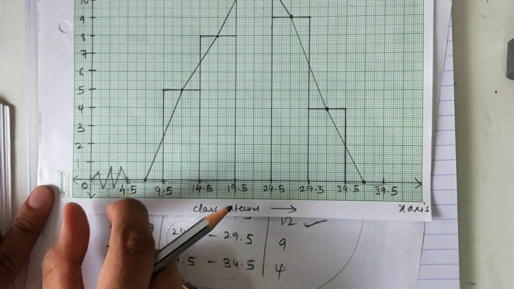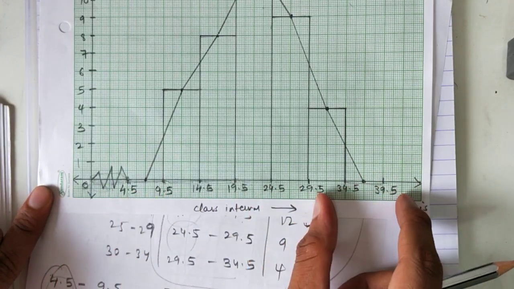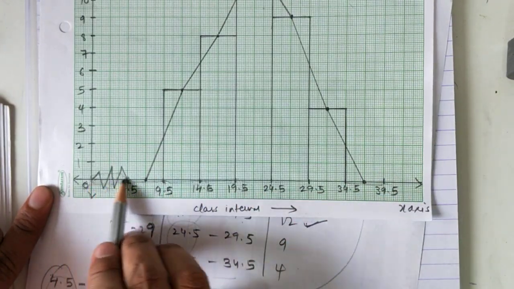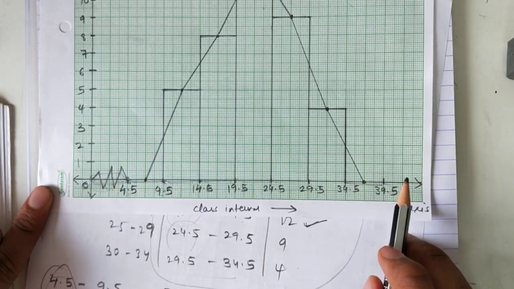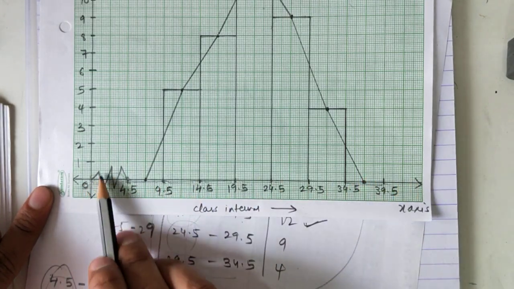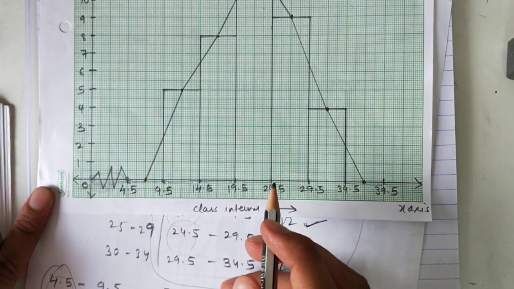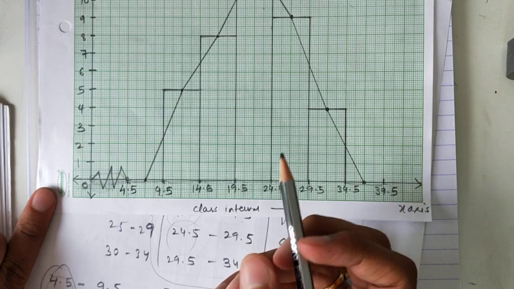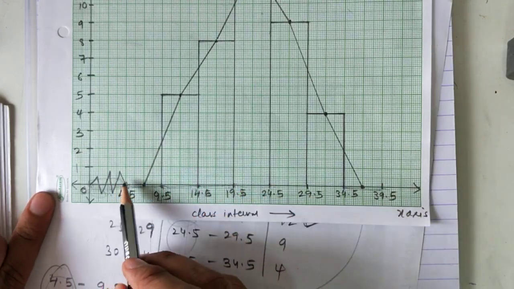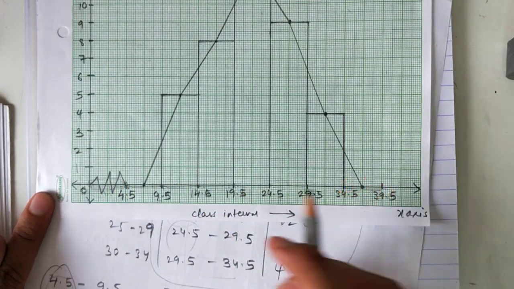This will automatically happen when you plot your data. You will see there is an extra class here, a class size which is different from the other class size. At that time you will draw a kink. I'll do more sums based on this kink in the next few sums, but for today, this was the first sum in which we did a kink.